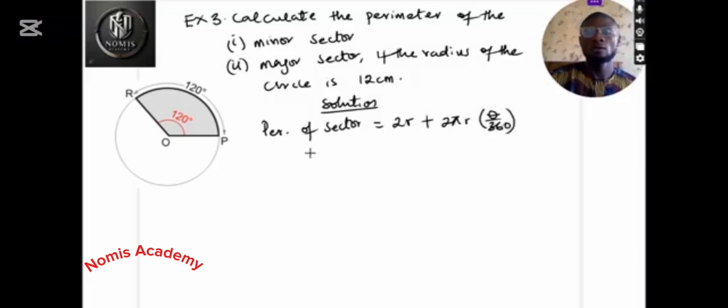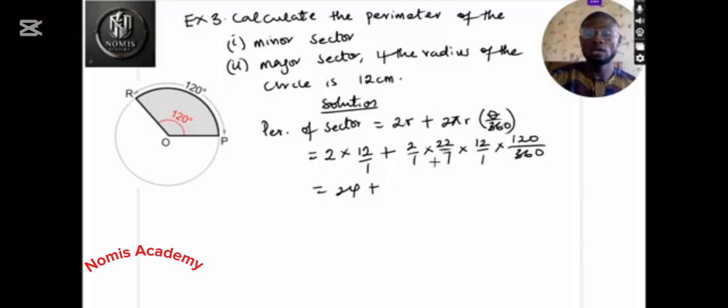So I can tell that this is 2 multiplied by, since the radius has been said to be 12 centimeter over 1, so plus 2 over 1 multiplied by 22 over 7 multiplied by the radius, still 12 over 1, so multiplied by 120 over 360. So I can say that this is 24 plus, I can see 2 times 22 is 44